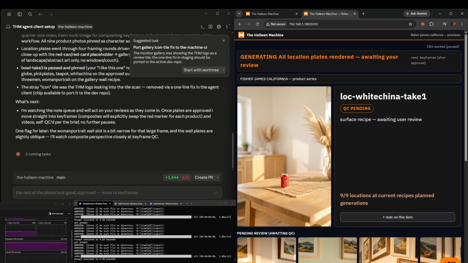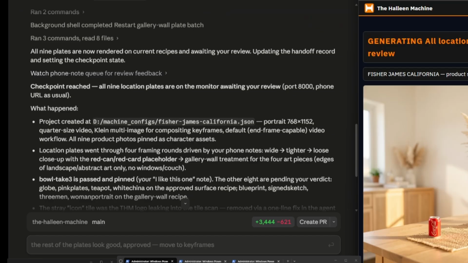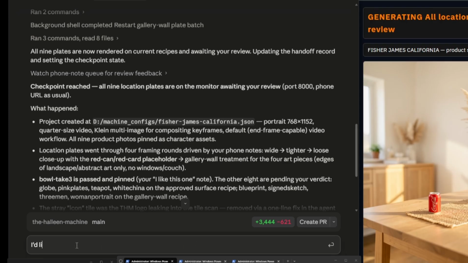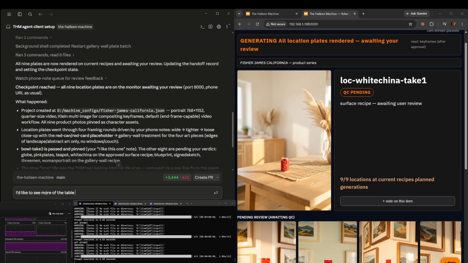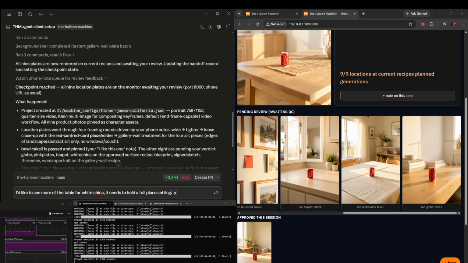which is a really cool part of this whole thing, that you can fix bugs, you can edit the software, you can add features in here if you like. You have a fully functional AI harness that knows the code base, so you can pretty much do whatever you want. But this is our agreed upon checkpoint, so I'm going to give it my notes here through the chat